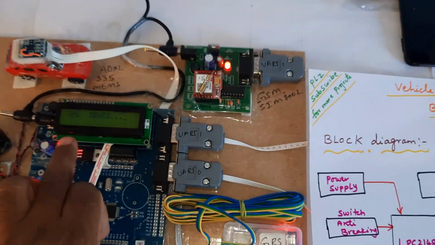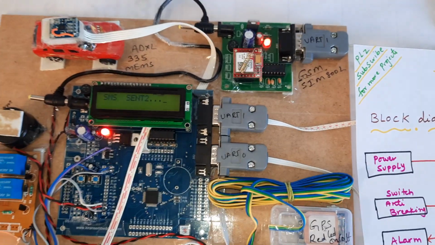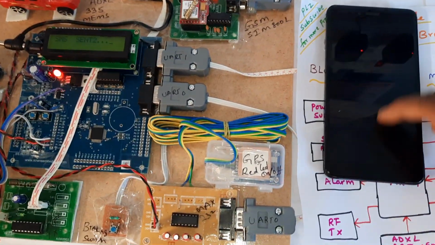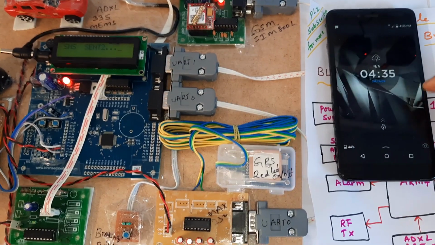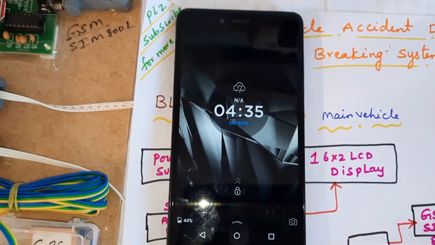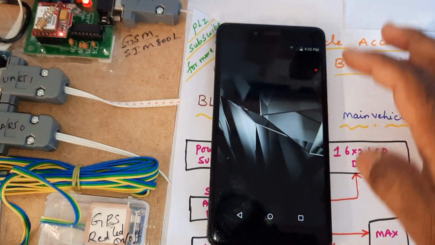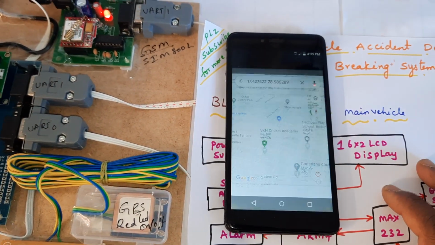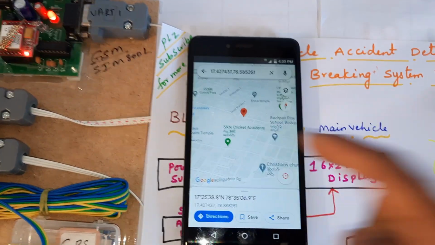The first SMS is sent to the owner mobile, and the second SMS is sent to the nearest vehicle. The SMS is received: right accident. Open it just once and it will show on Google Maps.